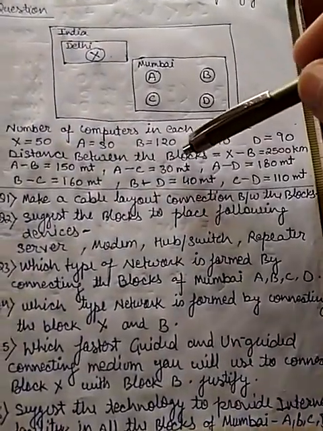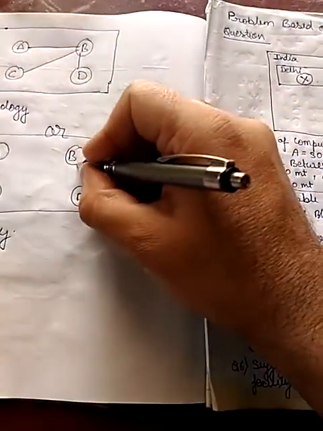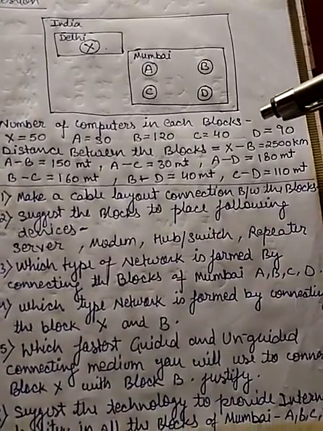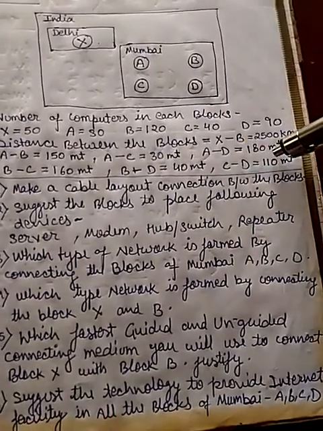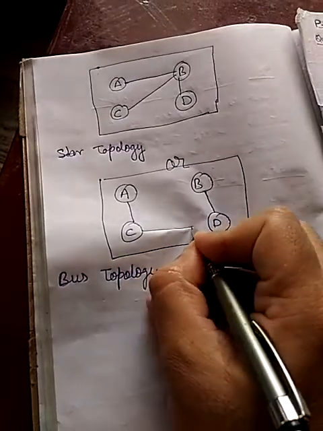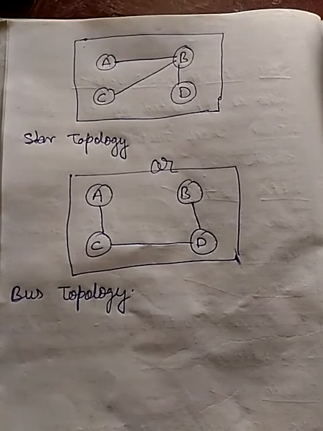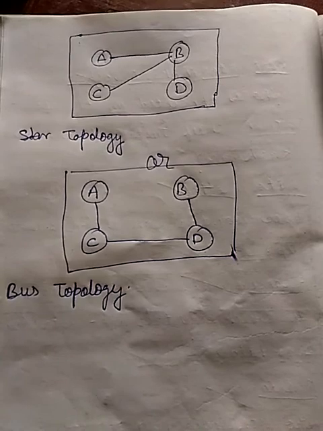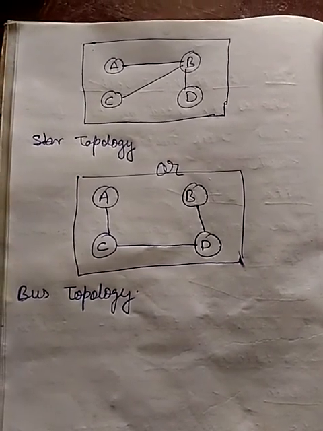Now find out the second shortest, it is B to D. So B to D is having another short one. So we have connected this. Now I find out which is having the third shortest one. So third is C to D. It is having 110 meter. So we connected this. So this is a bus topology. All the nodes are connected through a single wire by following the shortest distance. Hence the installation cost will be low because it takes less wire.